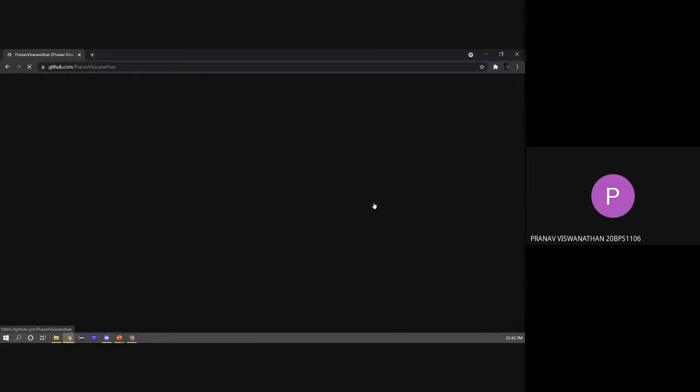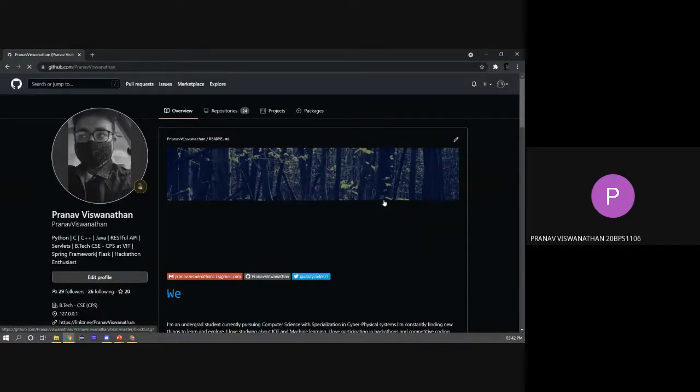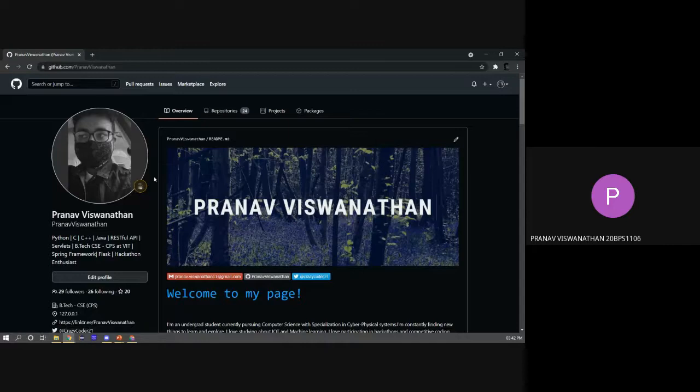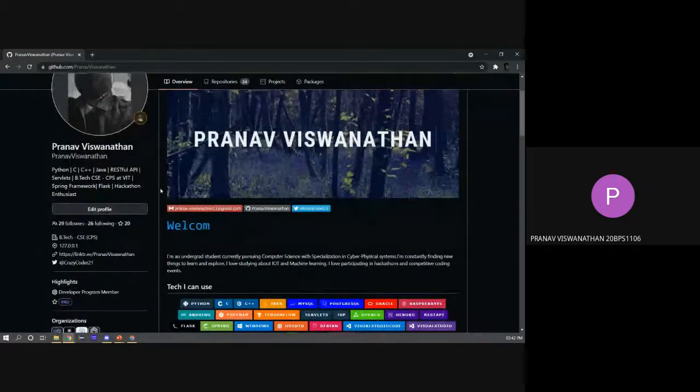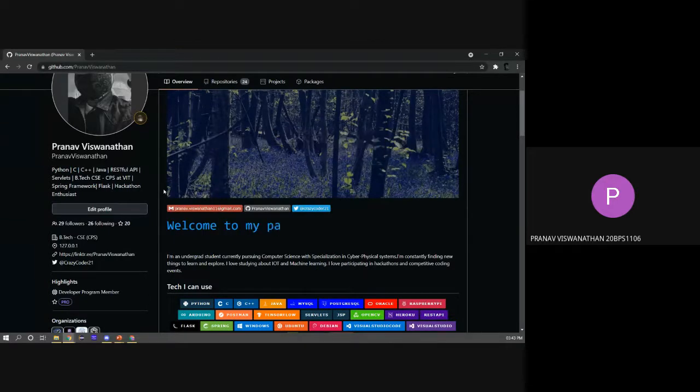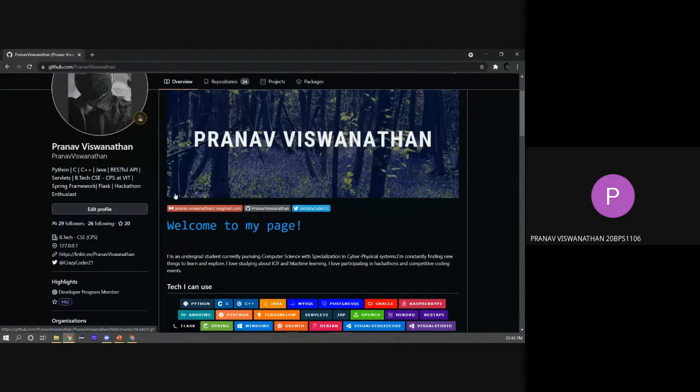After it loads, basically, why you need a personal profile is to give more information about yourself, because you're going to be collaborating with people who you most probably do not know, and it'll be easier for people to work with you if they know exactly what you can do. So you try to make it as attractive as possible.